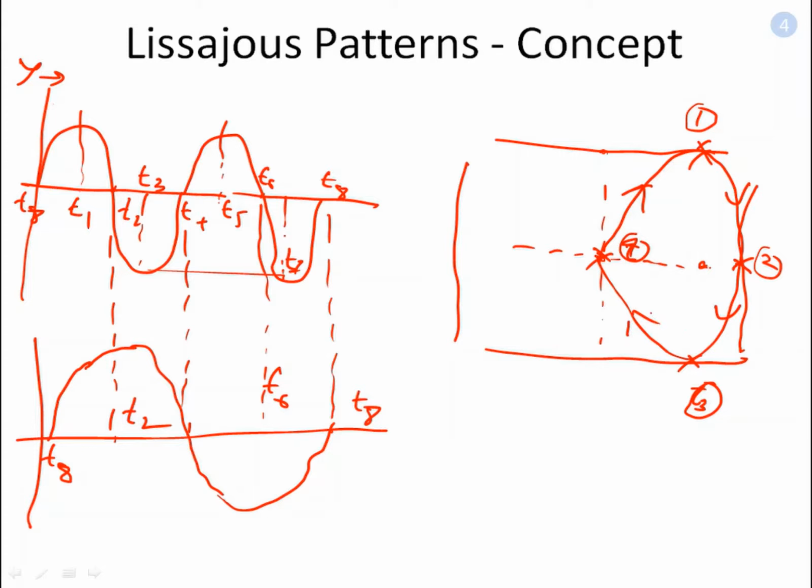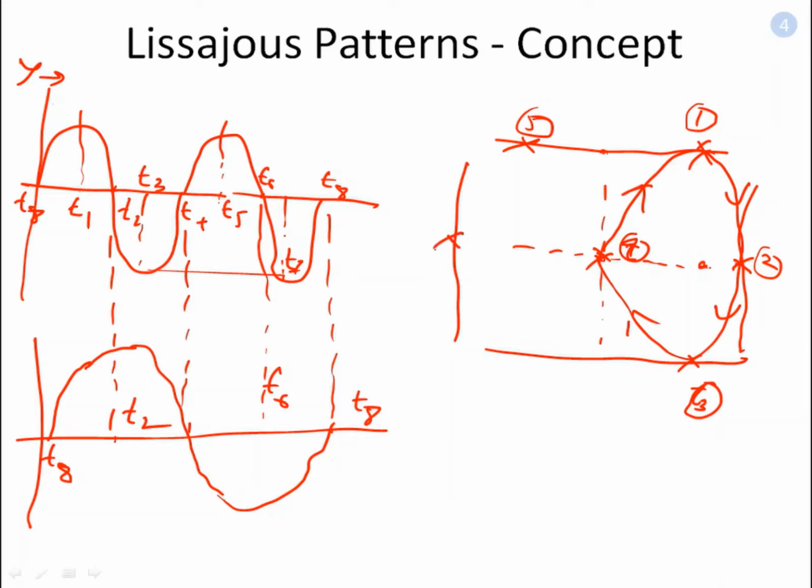Now go beyond T4, go to T5. Y is at its maximum positive, but X is a little less than its maximum. So some point over here, this is 5.5. Next, when T6 has reached that point, Y is at 0, but X is at its maximum